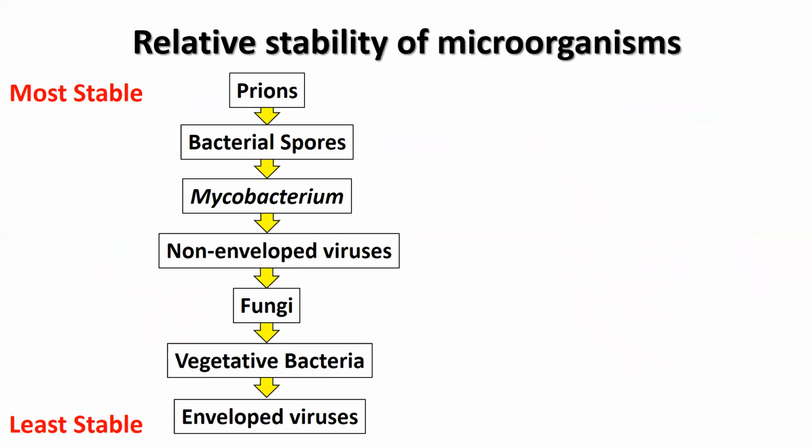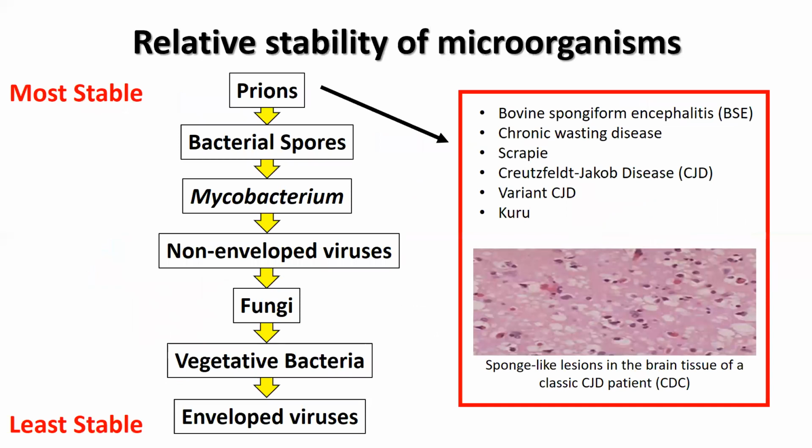There are many types of microorganisms that cause foodborne illnesses. This slide lists them from the most resistant to the least stable. This means resistance to heat, sanitizers, and desiccation. Prions are pathogenic agents that are transmissible and induce abnormal folding of specific normal cellular proteins called prion proteins that are found primarily in the brain. The prion disease that likely everyone has heard of is bovine spongiform encephalopathy, BSE, also called mad cow's disease. Prions are the most stable foodborne pathogens and can only be inactivated by extremely high heat and harsh chemicals.